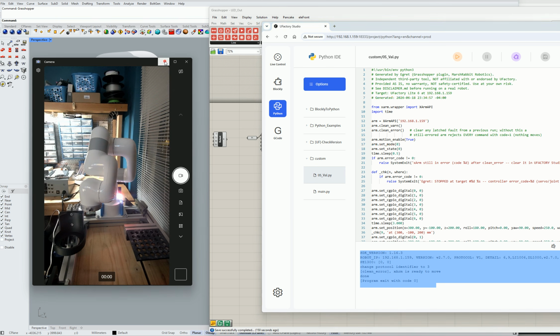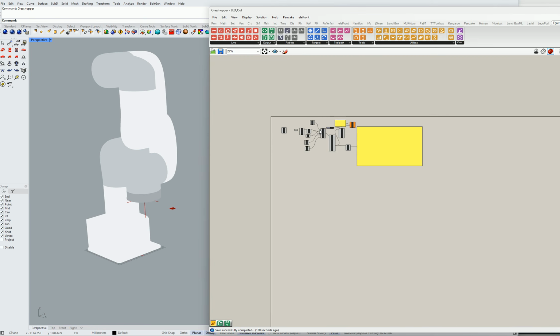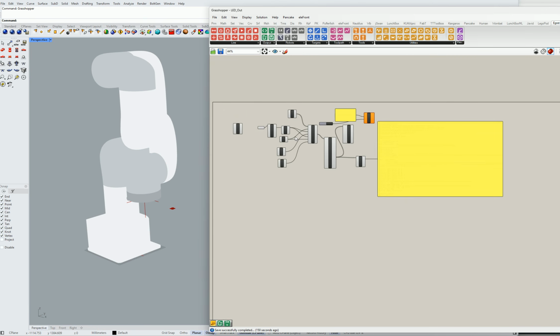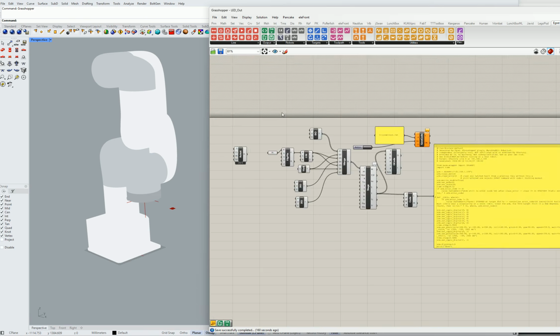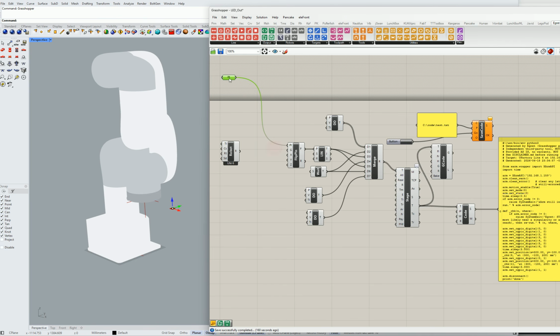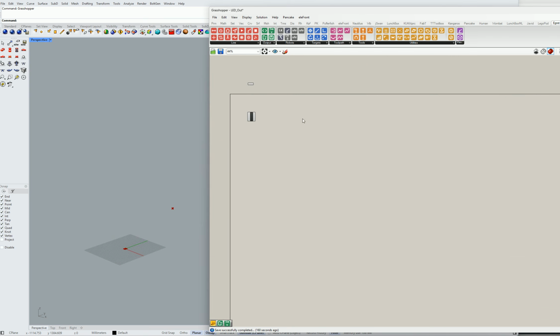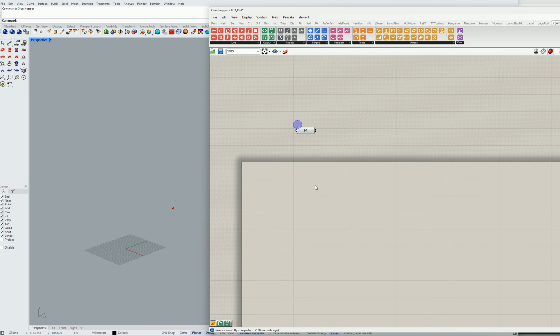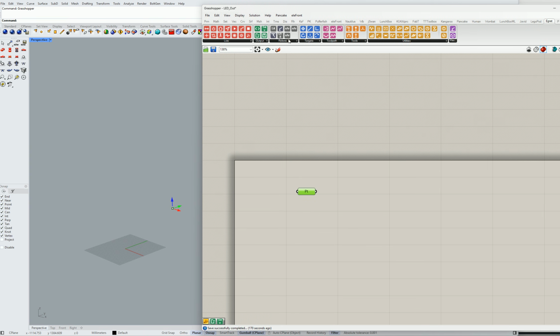All right, let's go ahead and rebuild this script. I will give you the script at the end, but let's just rebuild this from scratch. Actually, I'm going to delete this. I want to keep this point. So I'm assuming you just opened a new canvas inside of Grasshopper. We can go to Egret and pick out your robot, or you can use the robot node and select the robot you have there. I have the Lite6,